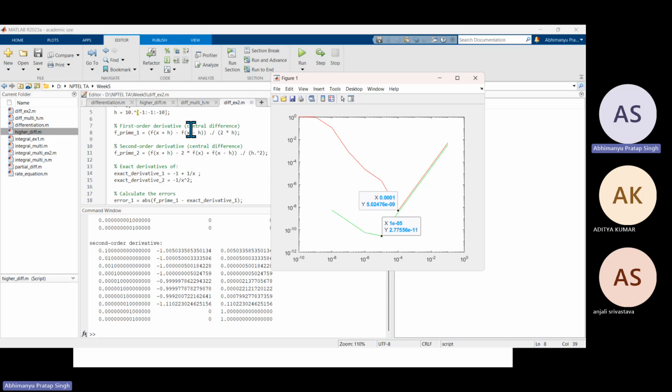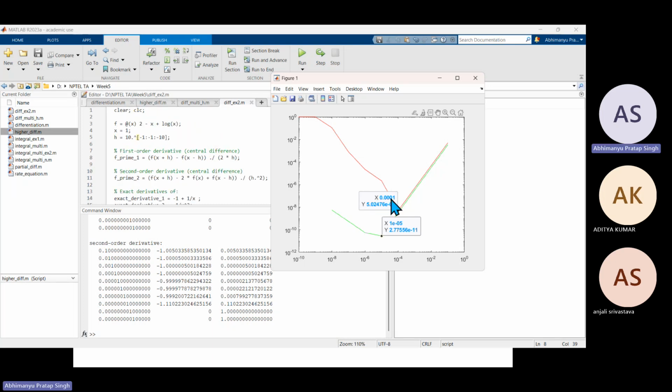The error will start to increase early for the central difference formula, with decreasing value of h, and similarly the error will start to increase for smaller values of h for a second order derivative than for a first order derivative. Okay. The value of this h will differ from function to function, but the pattern will remain the same. Okay,